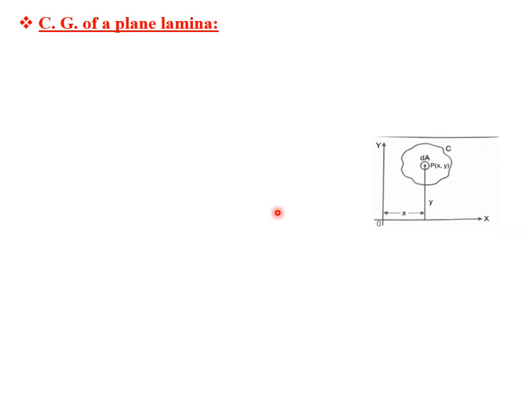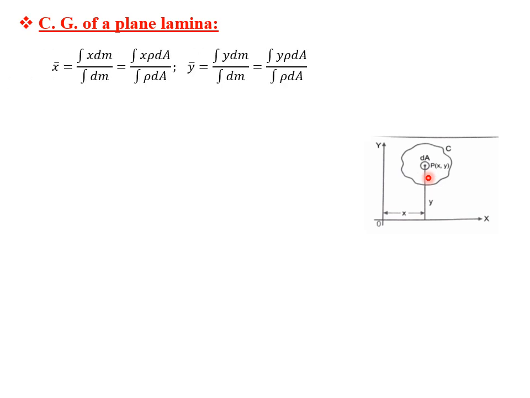Next we'll see CG of a plane lamina. As you can see from the figure, if we have a plane lamina in a two-dimensional space, then the center of gravity of this plane lamina is given by, again, an ordered pair x bar comma y bar, where x bar and y bar are defined as